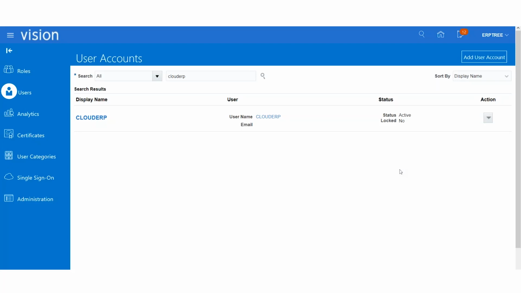Lakshman, in this case, does it provide any web service or API to create users automatically, or how does it work in the cloud? Automatic user creation, yeah. If you create users, we have spreadsheet functionality here. You can list out all the users in the spreadsheet and load them into the system. That is possible. Let me ask you all of these, whatever is possible: what are the options we have, what we should know as a Fusion Finance consultant, and at least the basics from other areas. We'll go through these also.